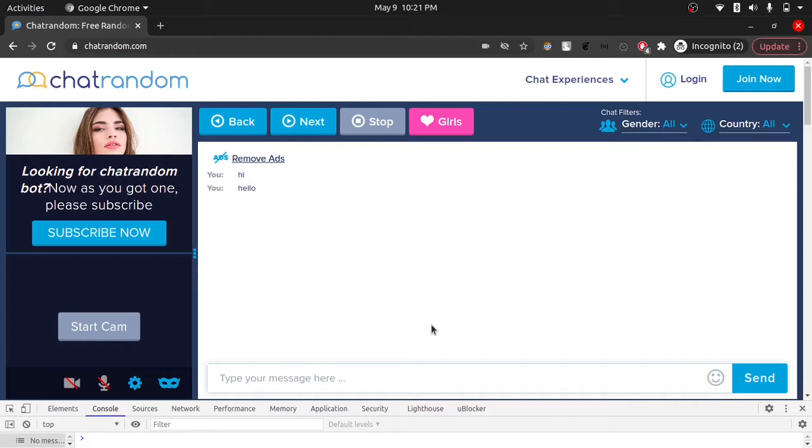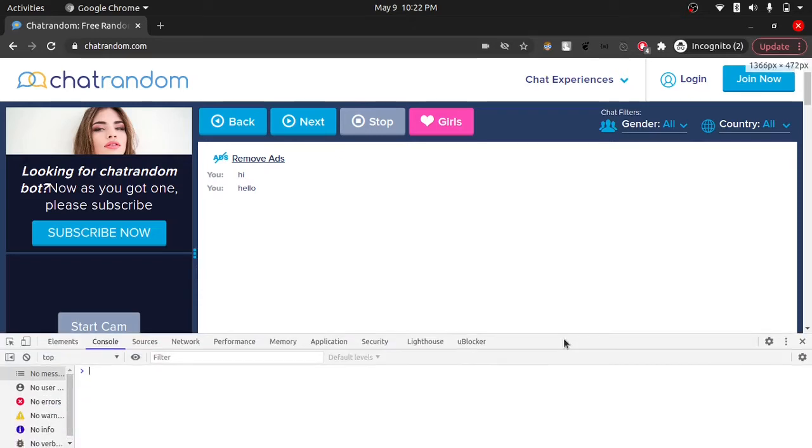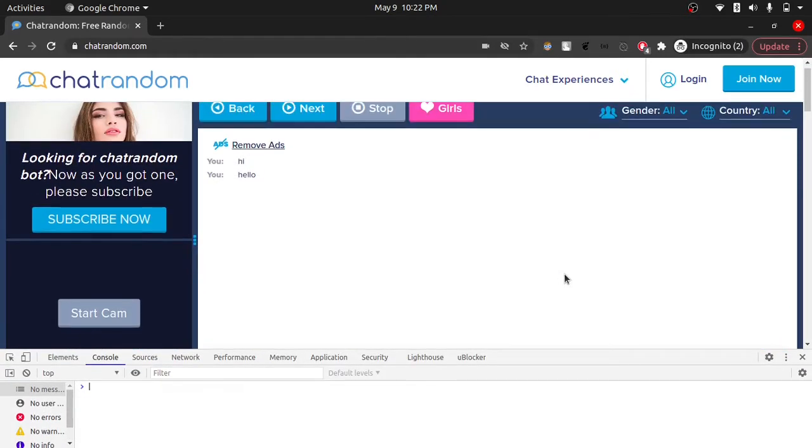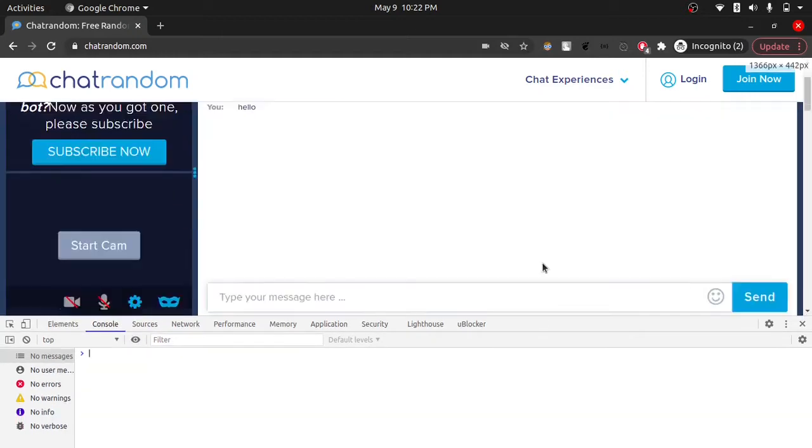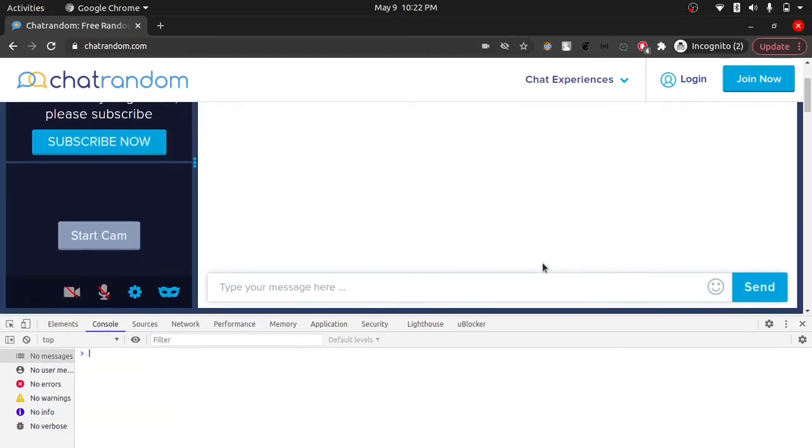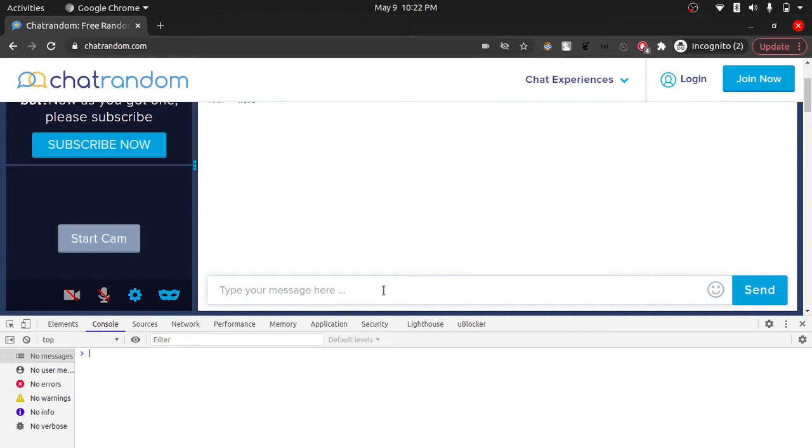So as I told you already, these two buttons will be working, and this button. So we have to figure out how to use these three buttons, right? And we also have to understand how we can type our message programmatically into this box. So these steps will be fairly simple, and what we have to do is go to the HTML of this page to understand how this website is working.